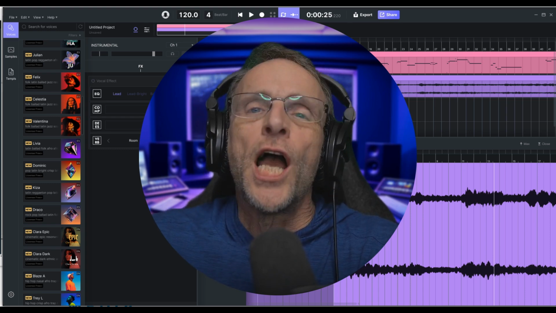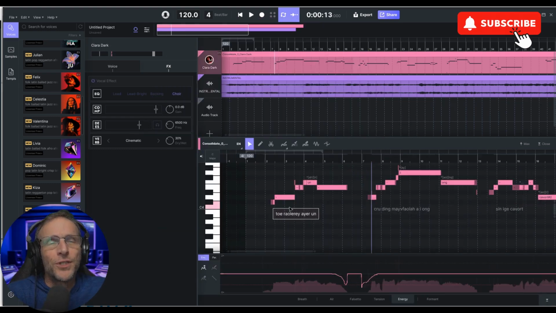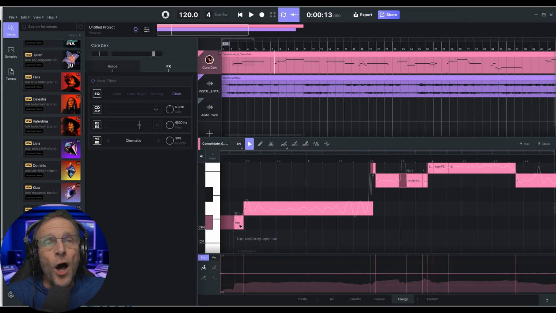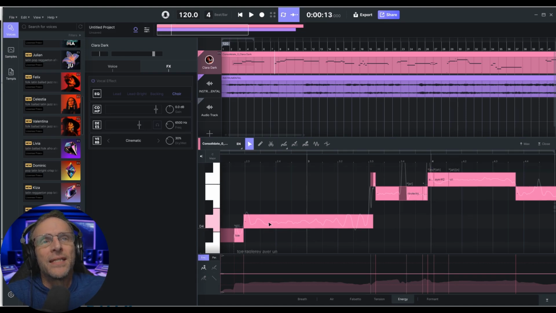Absolutely freaking gorgeous. Now, if we look closely at what's going on here, these are the notes, and on those notes, you can see the words that are being sung. In this case, like I said, it's pretty much nonsense words. Toe, rail, array, a, run, whatever, and it goes across. These little squiggles represent the modulation of the voice that you can hear if you listen again and watch as the cursor goes by.